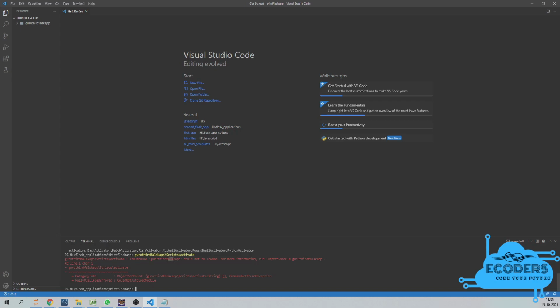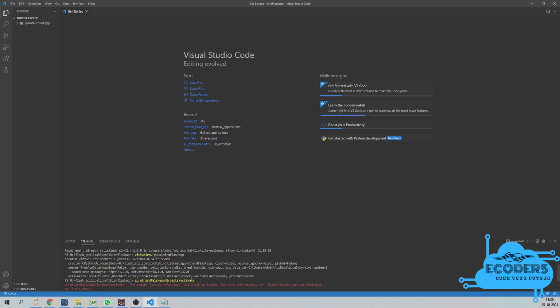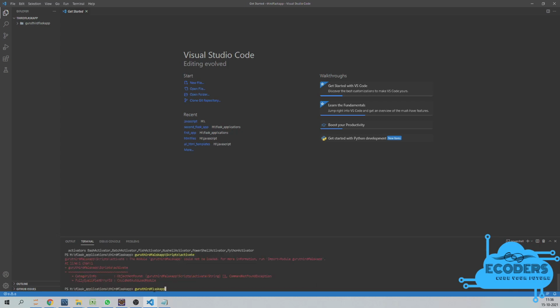See guys, here we have made a spelling mistake. It's not Falsk, it's Flask. So I typed the name wrong. Let me just copy that name from there itself and paste it over here so that I don't make the spelling mistake once again.